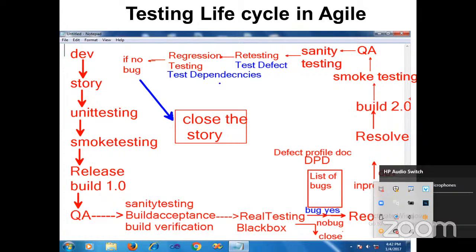Smoke testing is like gas pipelines. Before sending the gas through very sensitive pipelines, they will first send some fog, some smoke, so that the smoke can identify the minute